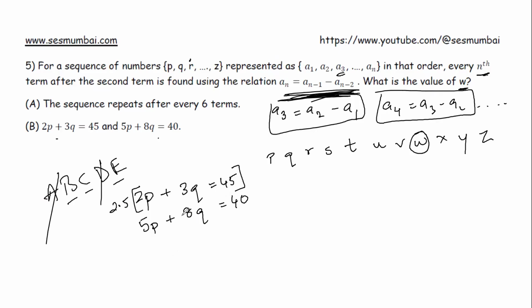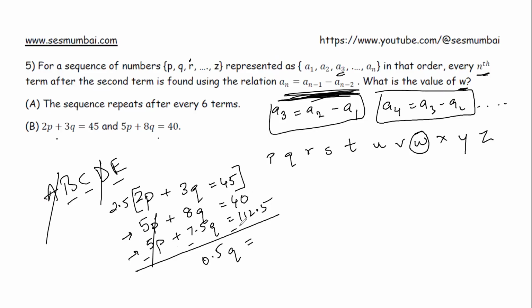So when we multiply this by 2.5, we get 5P plus 7.5Q is equal to 45 twos are 90, 90 and 22.5, 112.5. Yeah. So now we got our equations. We'll subtract the second from the first one. So this cancels out. We get 0.5Q is equal to this, which is